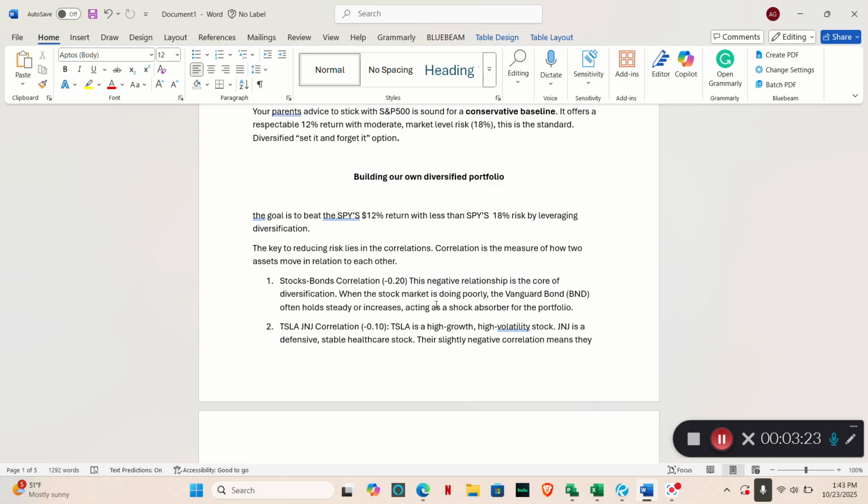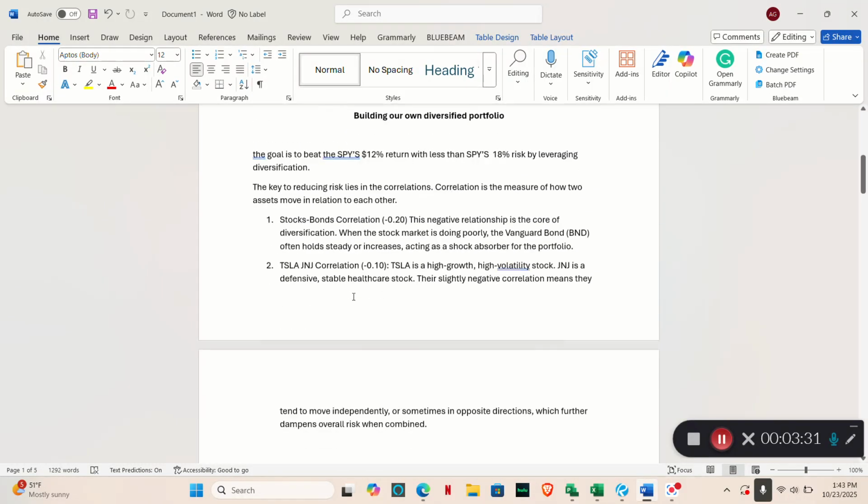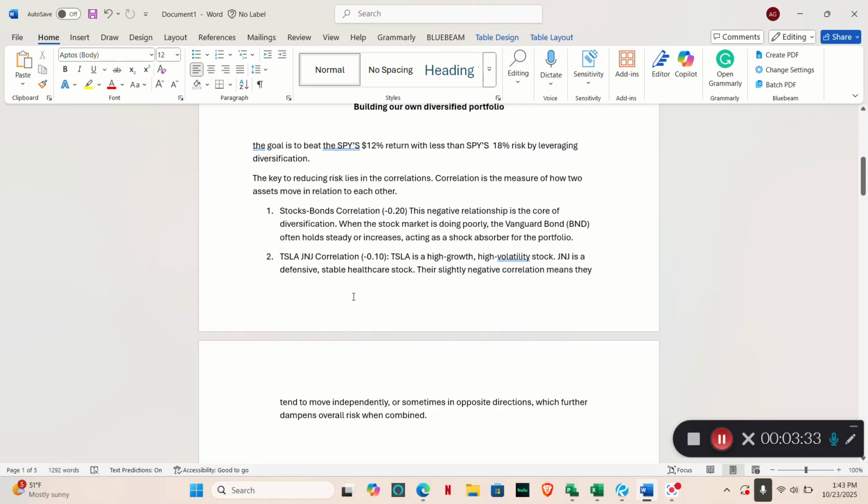The key to reducing risk lies in correlation. Correlation is the measure of how two assets move in relation to each other. So for the stock-bonds correlation of about negative 20%, this negative relationship is the core of the diversification. When the stock market is doing poorly, the Vanguard bond, BND, often holds steady or increases, acting as a shock absorber for the portfolio. For the Tesla and Johnson & Johnson correlation of about negative 10%, Tesla is a high